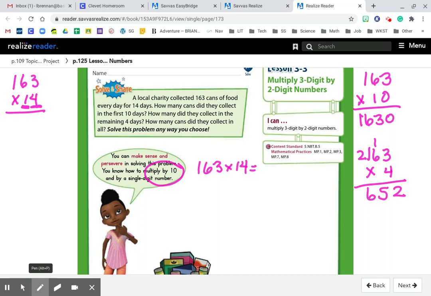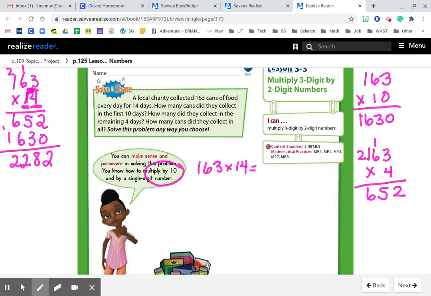So watch what happens over here when I use the traditional algorithm. I'm going to use the distributive property starting in the ones place in my secondary factor here. 4 times 3 is 12. Put the 2 down, carry the 1. 4 times 6 is 24 plus 1 is 25. And 4 times 1 is 4 plus 2 is 6. And now I'm going to use the distributive property for the 1, which is actually a 10. 10 times 3 is 30. And then I'm going to say 1 times 6 is 6, and 1 times 1 is 1. So when I add these together,